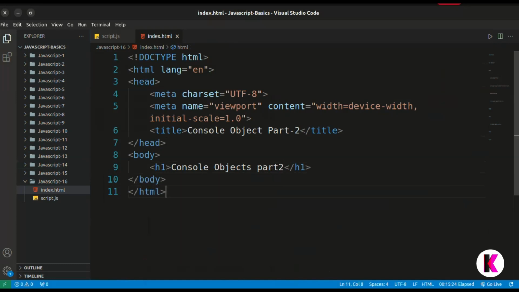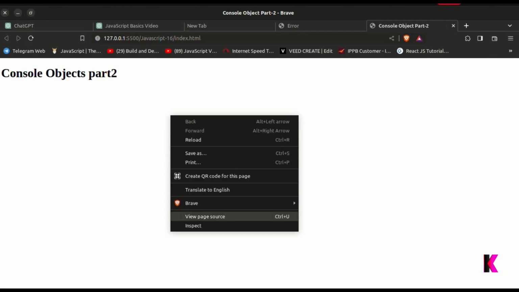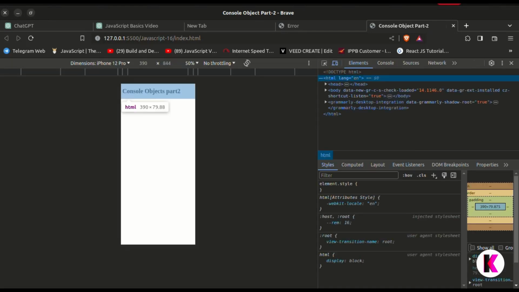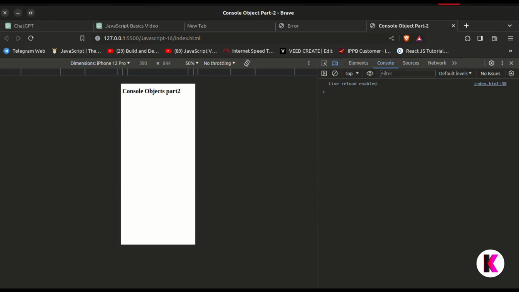And just go live, and here you can see in the inspect, the console. If I paste the array with console.table and pass the magical creatures array and just enter, you can see our array comes in the table format. Here we have the indexes 0, 1, 2 and here we have the values. I hope you understand this.